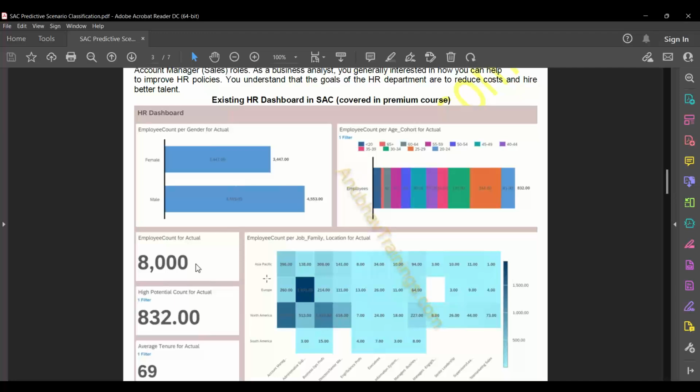So this dashboard is already there, built using BI. You can build this dashboard. I just gave an example. It's a simple BI dashboard based on what learnings we had in the past. Nothing new. But if you want me to show you building this dashboard, it's covered in the